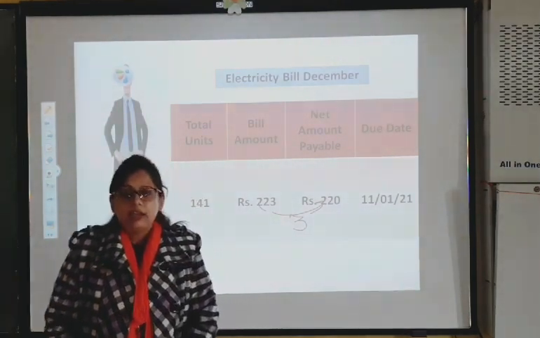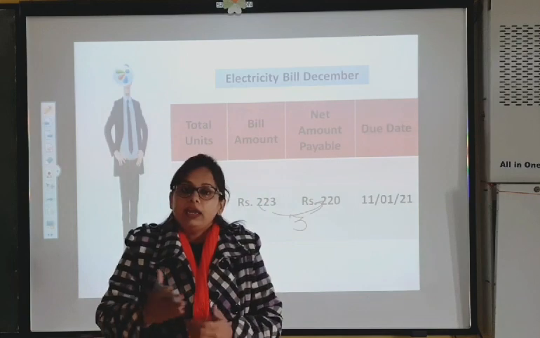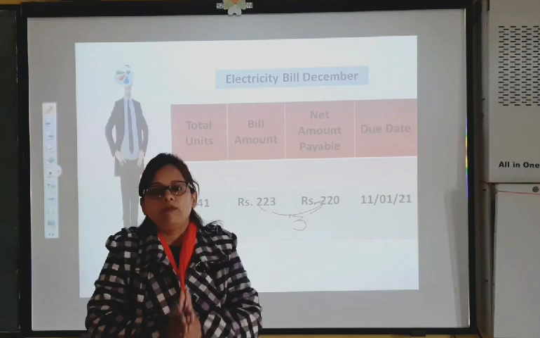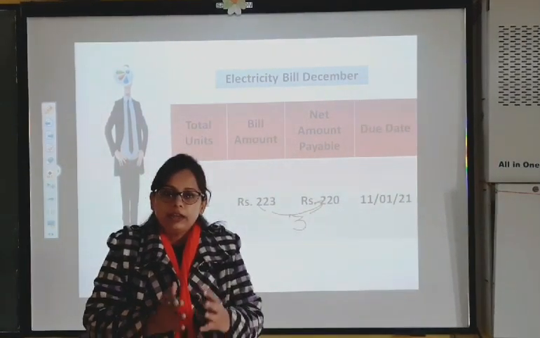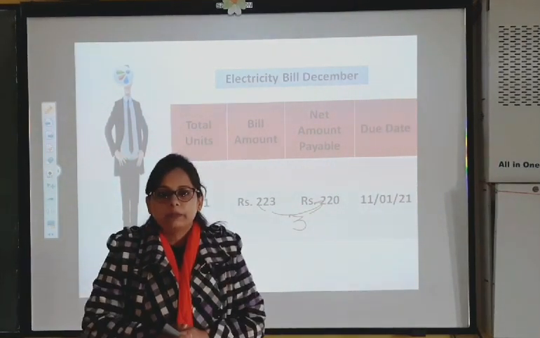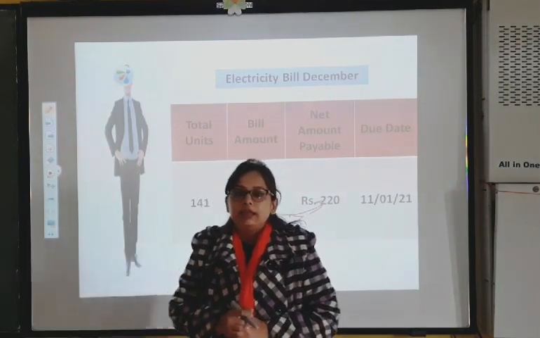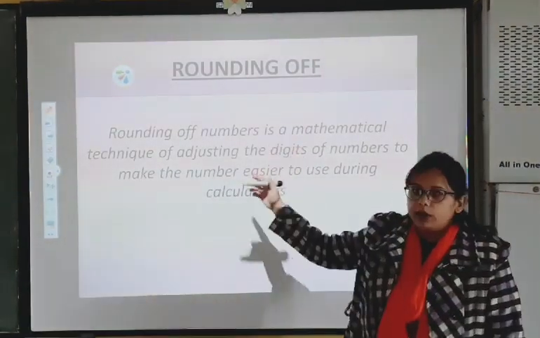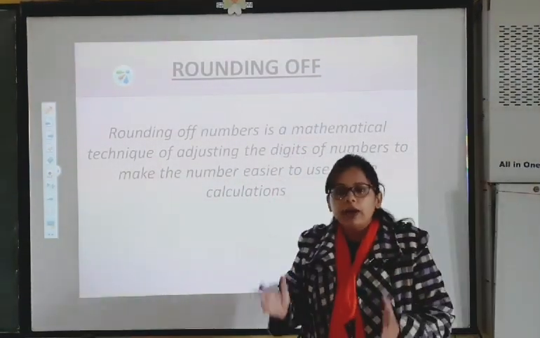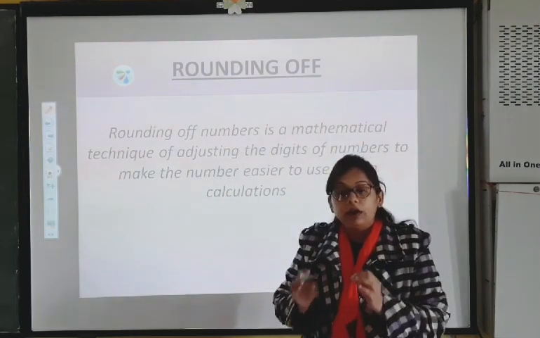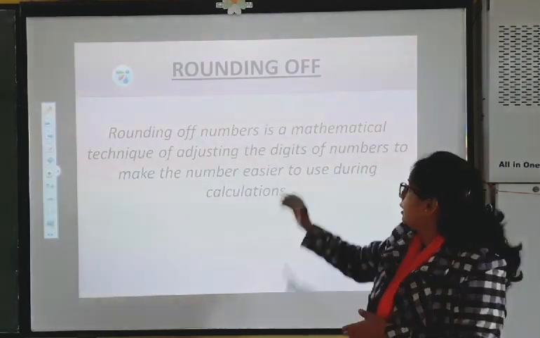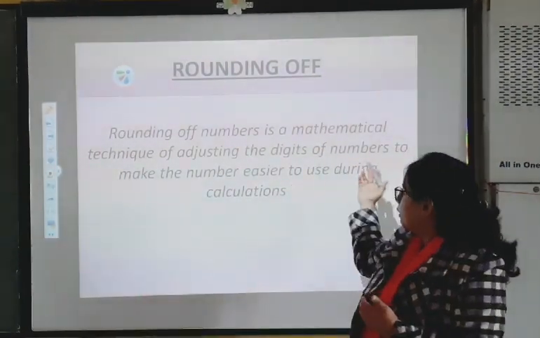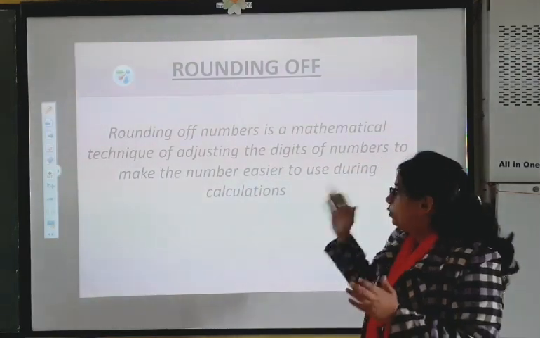So why is the electricity company doing so? Why is it losing rupees 3? If it does so for every customer and for every month, it means that the electricity company will lose a lot of money. So children, this is nothing but what is called rounding off the number. Well, what is rounding off? Rounding off the number is a mathematical technique of adjusting the digits of the number to make the number easier to use during